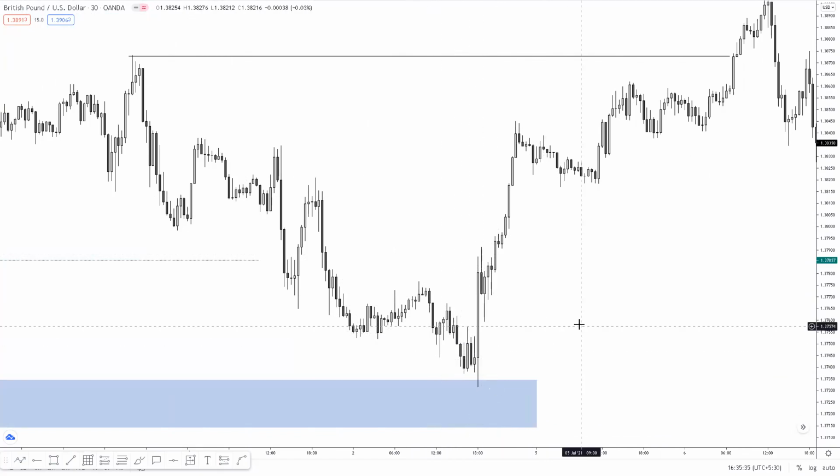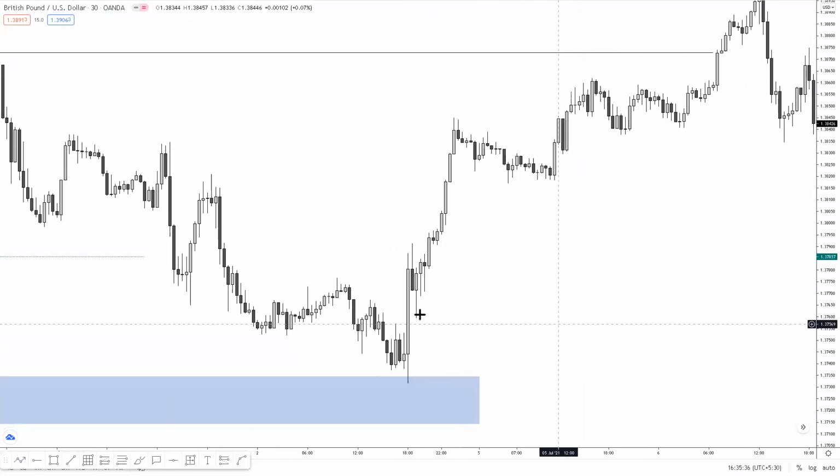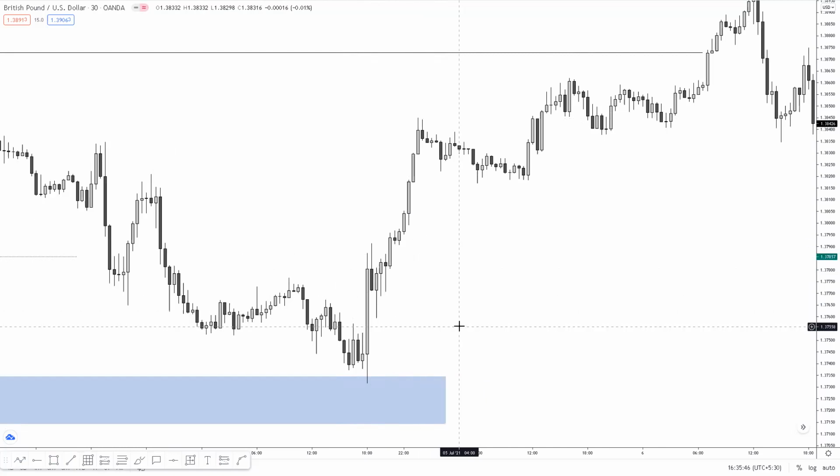This was FOMC. So what price did was it went back up and then came back down. I told you it broke structure and then came back down and then broke structure once again right here. Then where would they place the stop losses and the sell stops? Below